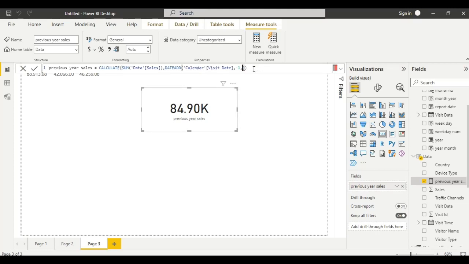Let us select quarter here. Click enter. So this is how we get the sales report. So this is all about the date add function.